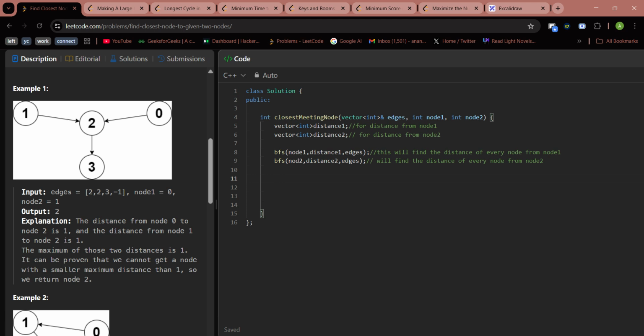These two are basic BFS calls that we will be making here। Okay, great। अब BFS कॉल के लिए हम BFS भी लिख लेते हैं कि हमारा BFS जाएगा कैसा है।